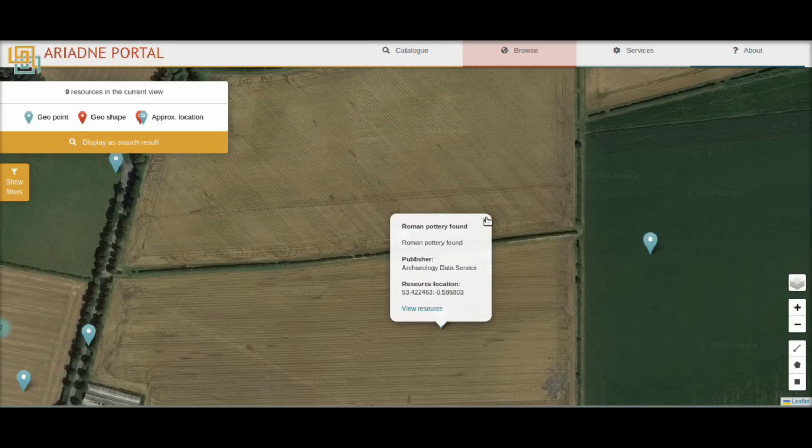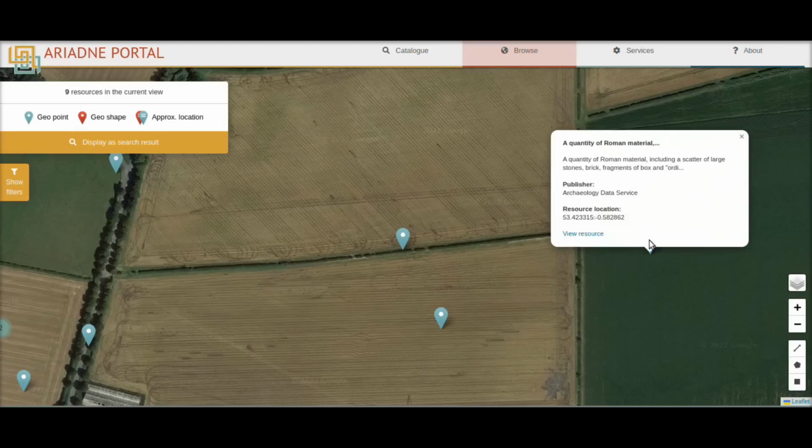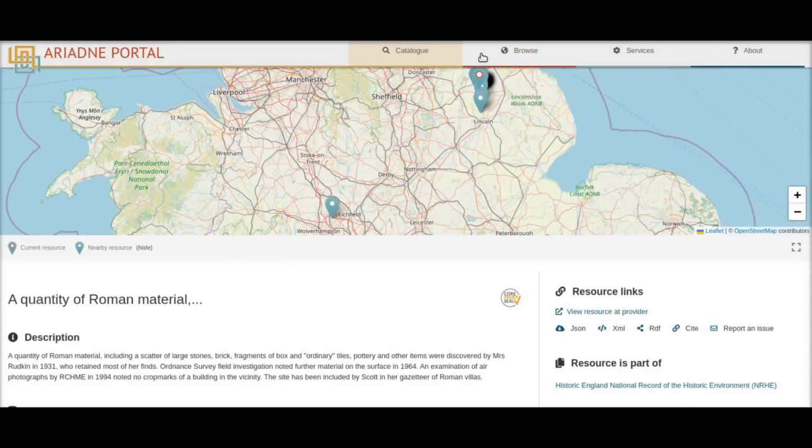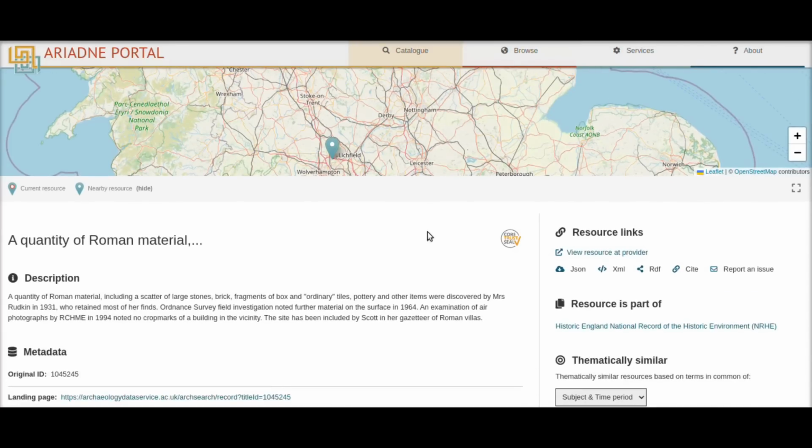Ooh, and this one over here, a quantity of Roman material including a scatter of large stones, brick, fragments of box. Ooh, let's have a quick look at that. What does that say? Fragments of brick of box and ordinary tiles. Box hypercourse tiles means that there was a villa